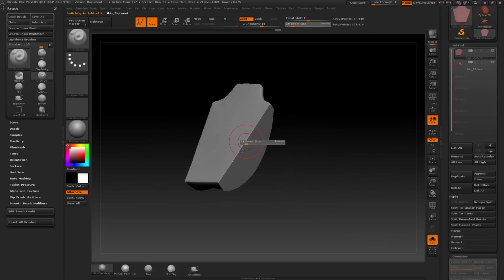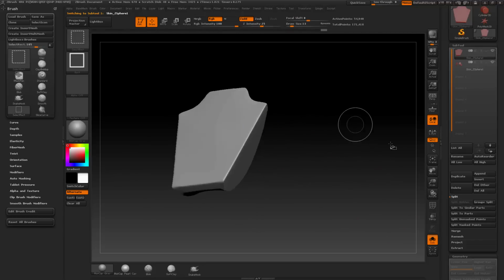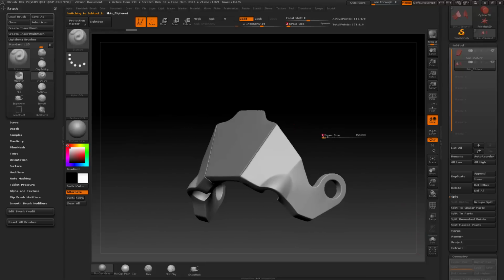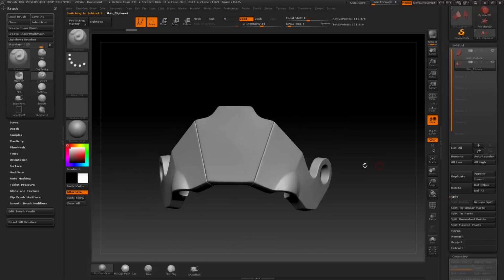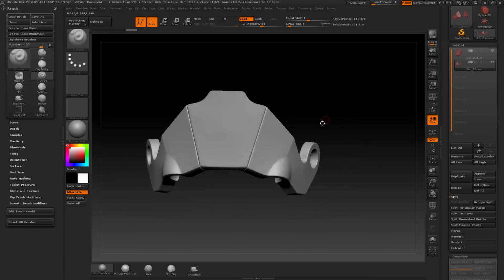So now what you can do is, just by itself, you can go ahead and smooth these edges down if you want to. Go to the next subtool, smooth these down if you want to. Go to solo mode, and you've got nice, clean panel lines. Where this process falls apart is if you want to do anything more complex than that. If you're just doing perfectly straight lines, it'll do it perfectly. And we're going to use that to our advantage, but we're going to have to do a little bit more